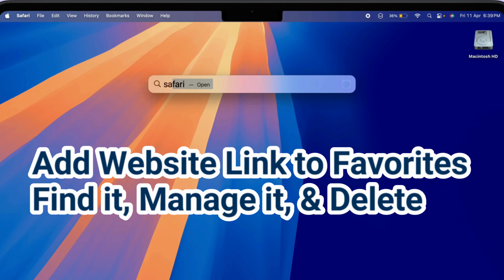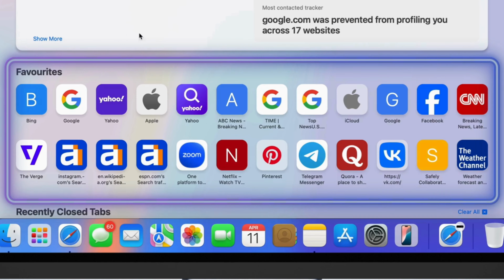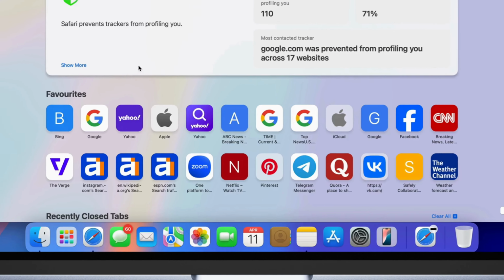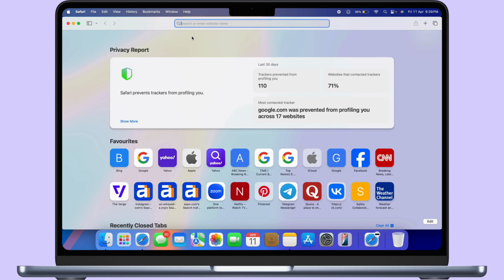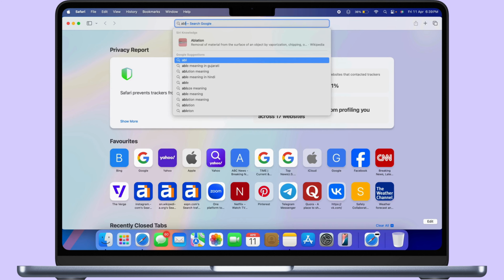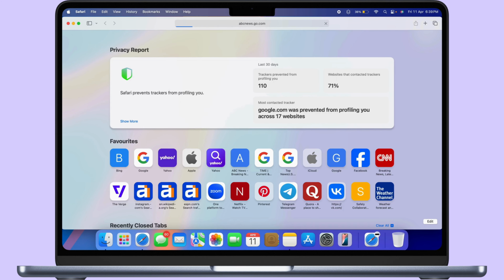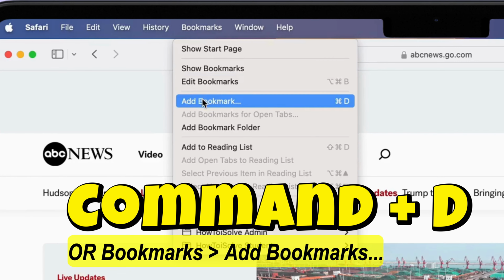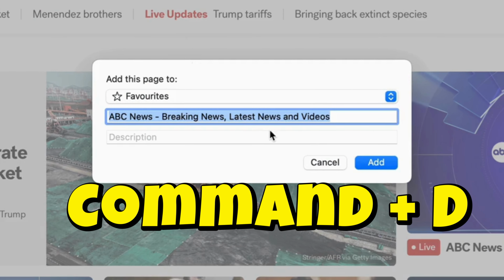In this tutorial, I will explain how to add a website link to your favorites on the Mac Safari browser. First, open Safari on Mac and visit the website you want to bookmark, like ABC News. Now, from the top menu, select Bookmarks and Add Bookmark, or press Command-D on the keyboard to add a bookmark